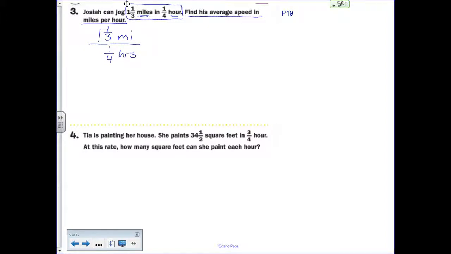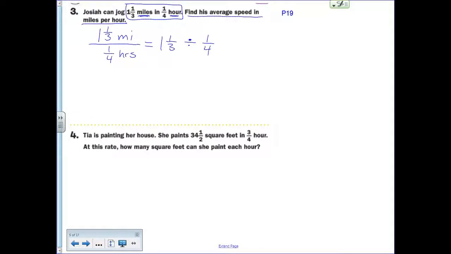So just like we were doing in lesson 1, we're going to take the information they gave us, the situation they gave us, and write it as a rate. 1 1/3 miles on top, 1/4 hours on the bottom. Now we're going to turn that into a unit rate by dividing the top by the bottom. So 1 1/3 divided by